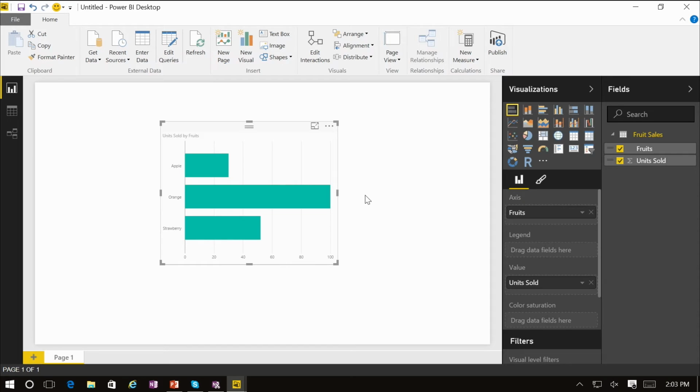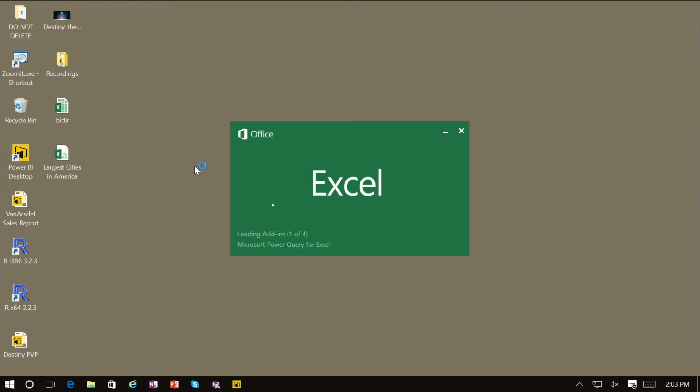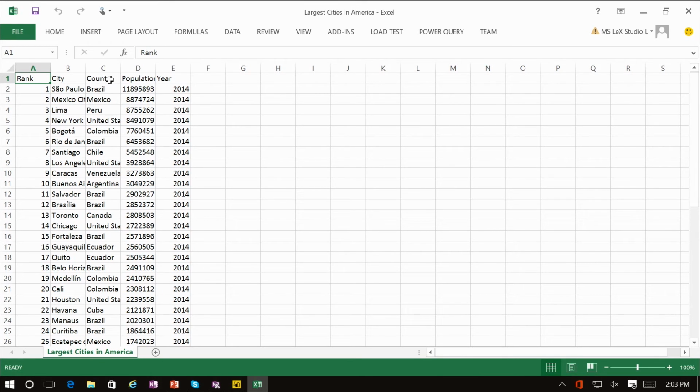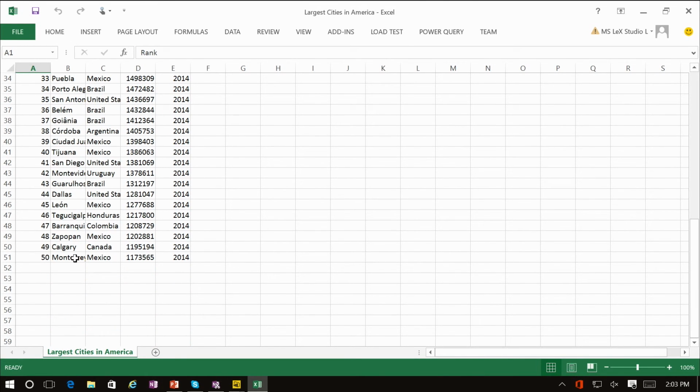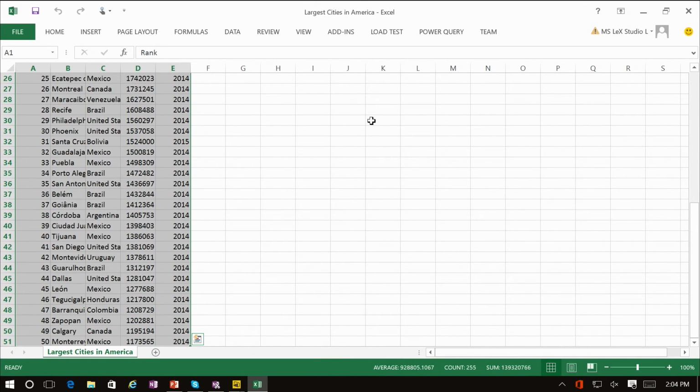Very easy. The other great capability that you can use with this new Enter Data feature is that you can paste entire contents from the clipboard from a different file. So let's go and find an interesting file to paste. Let's use something like this CSV file that has information about the largest cities in America. We're going to open it to show it to you, and then we're going to copy the content. So as you can see, it has 5 different columns, and it has about 50 different rows, 51 if you count the headers. So I'm going to select all of this data, and I'm going to press Ctrl-C.